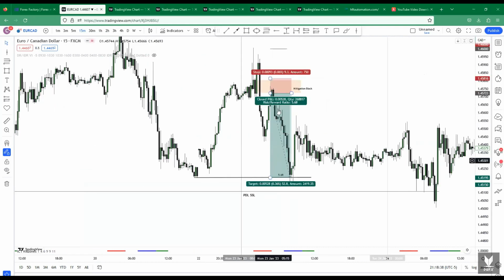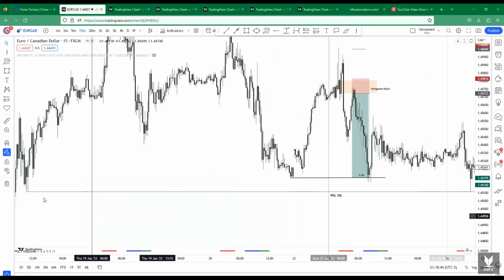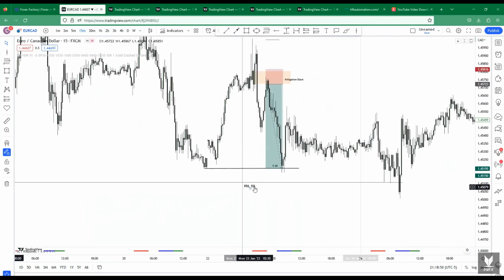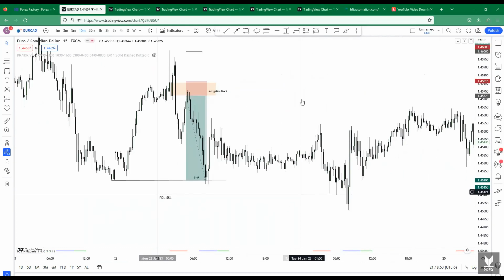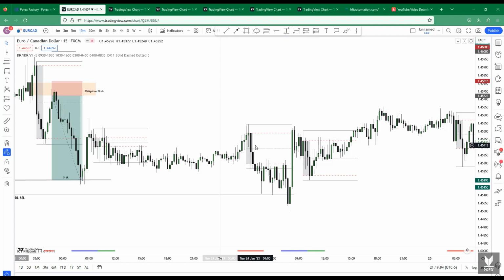Now, on this day, we had price, and everything was perfect, and price traded lower. I want you to look to the left side of the chart. We have a previous day's low, with sell side liquidity resting below that. On this new day right here, we had the defining range, and price closed below that. Now, if the defining range is pointing or indicating to a direction which is a previous day's buy side or sell side